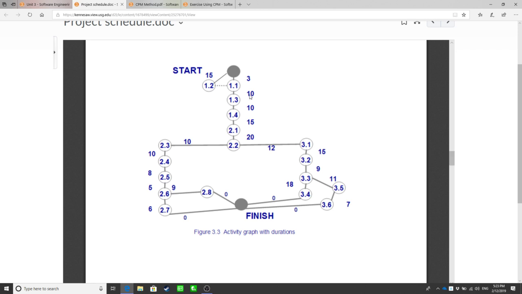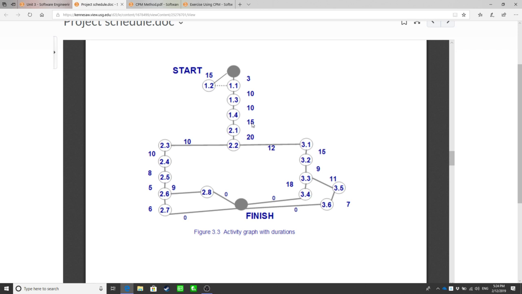Like here, we actually mark the time beside this line. The time is 3, 10, 10. Just for your information, within the circle is the number of the activity. Maybe activity 1.1, activity 1.3, 1.4. But along with these lines connecting all those activities, these lines tell you some of the information, which activity happens after which. And along the lines we have the duration of the activity, like 2.8, activity